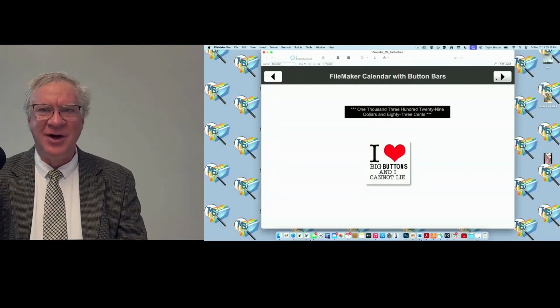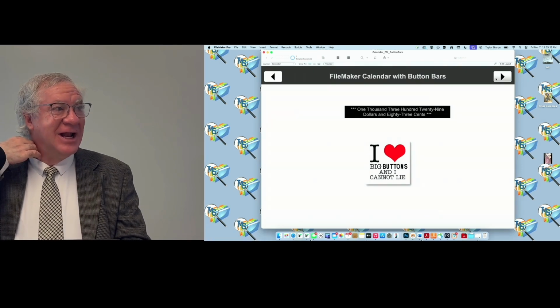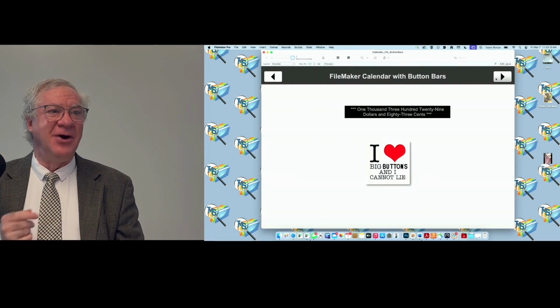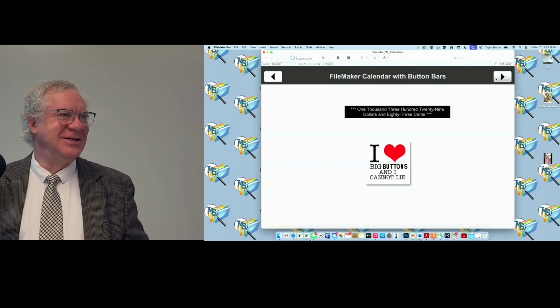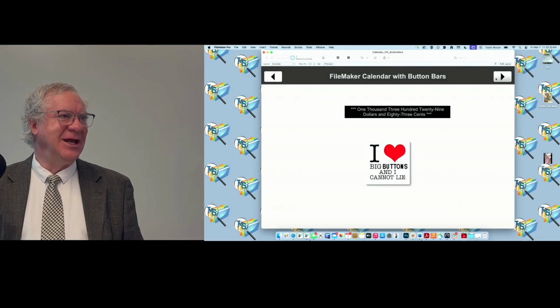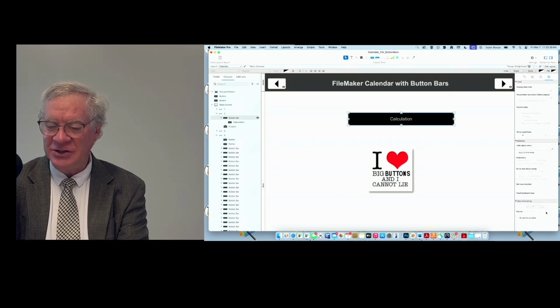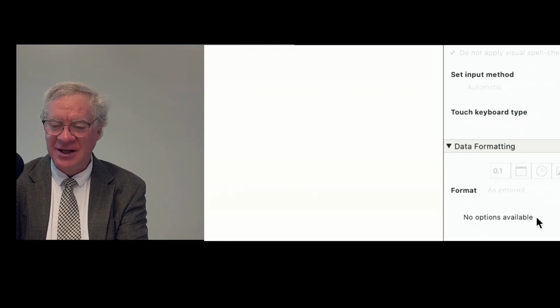I need to get out my little cough drop thingies, but as you can see, you can use custom functions to help make things whatever you want, whatever formatting you want. Just realize, if you're going to do a button bar calculation, you're doing all the formatting. The formatting's not down in the number and date type thing, whatever you call this, data formatting.